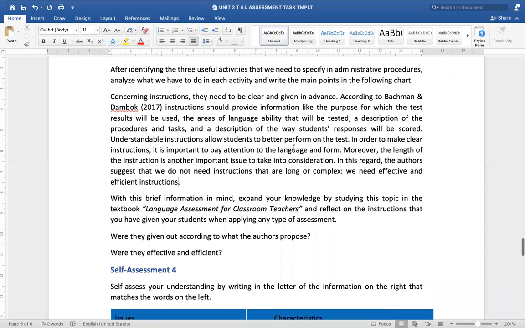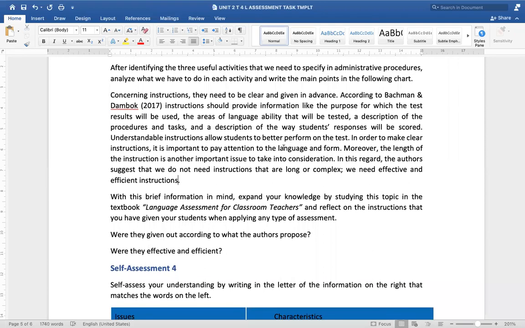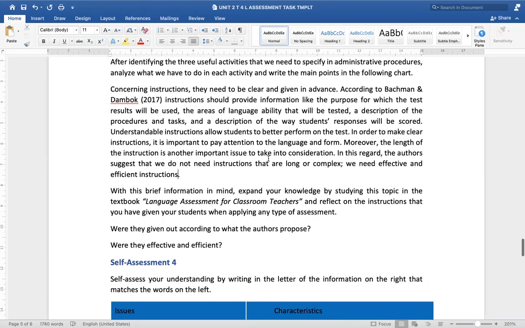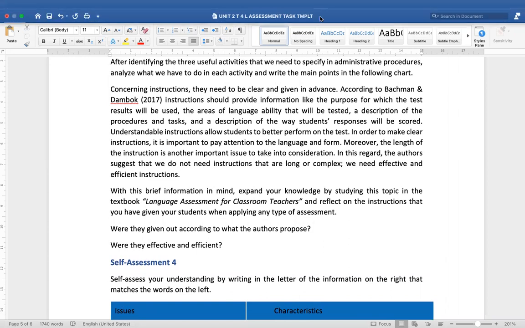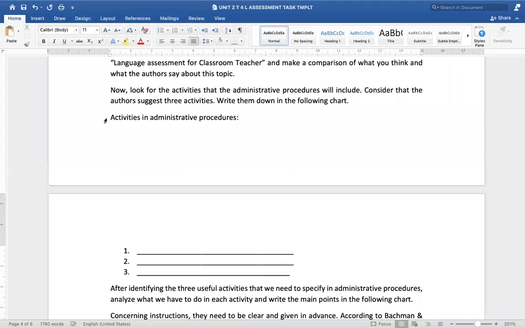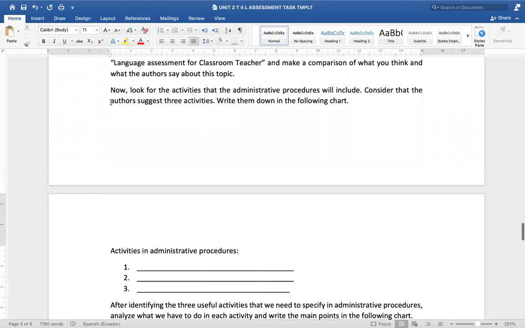So what are these 3 administrative procedures? As you have in the document, chapter 11, the first is preparing the test setting. No? Preparing the test setting. So maybe, Abby, you can type there, preparing the test setting. What is number 2? So here in number 1, you can type preparing a test setting. And number 2 is